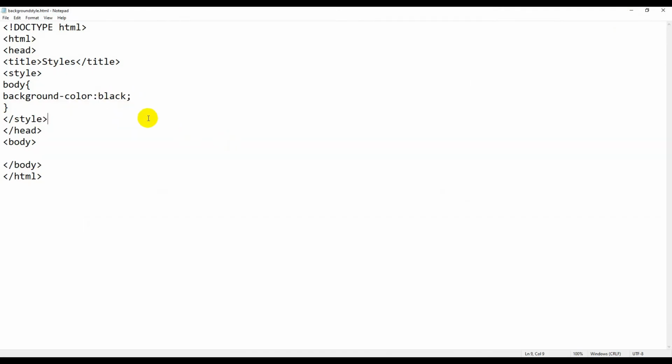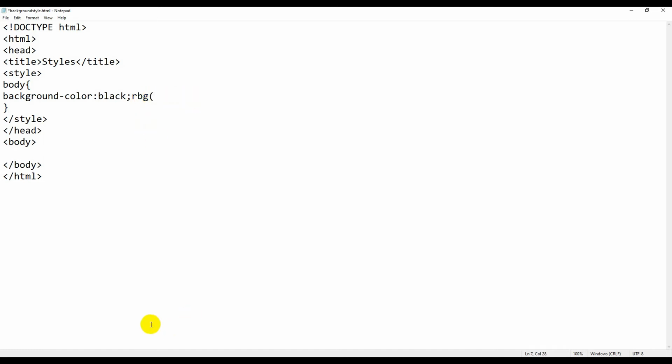So for most of the colors you can give the name directly, like red, yellow, blue, green or orange, black, grey, light grey, etc. And if you want any combinations of RGB colors, that means red, green, blue, you can do it with this rgb(), first you need to enter the red weight and then a comma and then a green weight and then a comma and last with the blue weight.